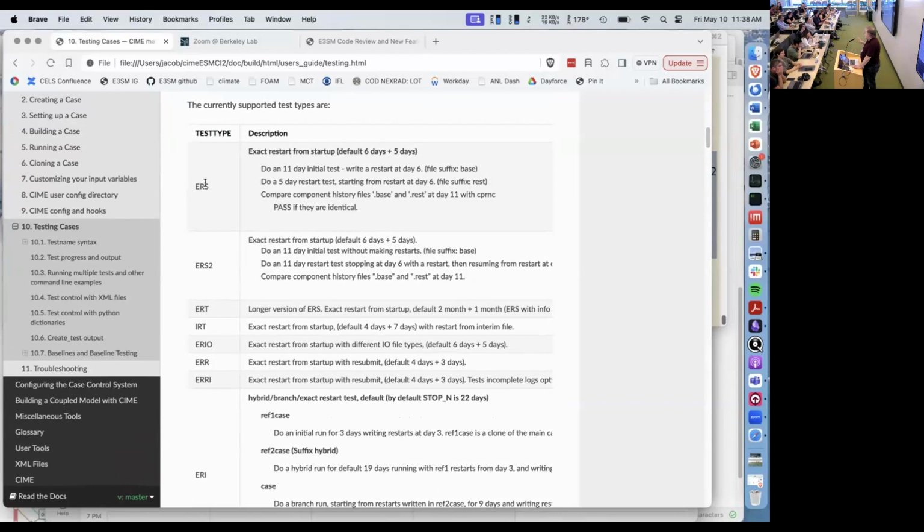None of these tests will tell you the atmosphere is bad, or the atmosphere is not conserving energy, or this climate's no good. We don't have automatic pass-fail tests for that, and that's not a software issue. That's kind of a field issue. As a field we don't have a set of metrics you can calculate and say this climate is pass-fail.